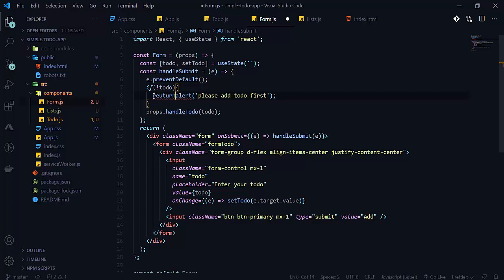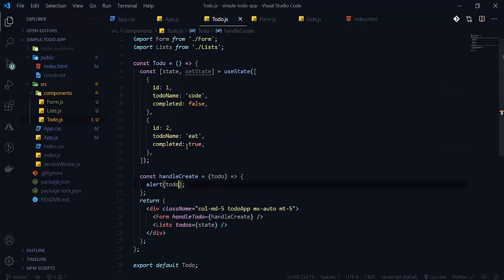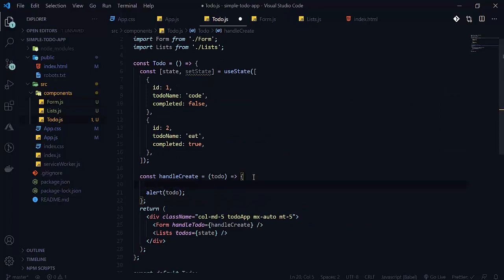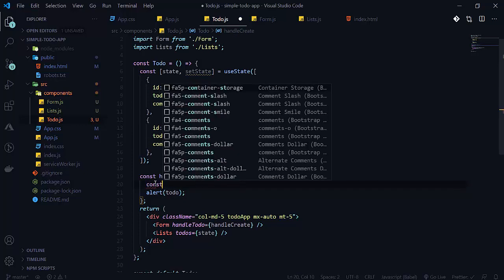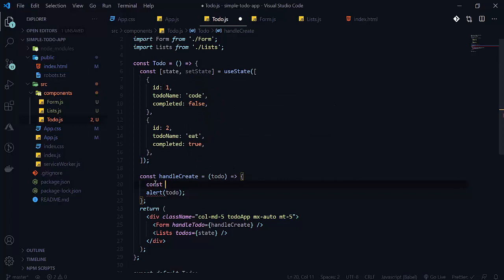Okay, now let's create an object here. So first of all, let's get a last id here. So get its last id because its id should be changed. So get the last element id here. So here will be our const, then there will be our id here. So lastTodoId.